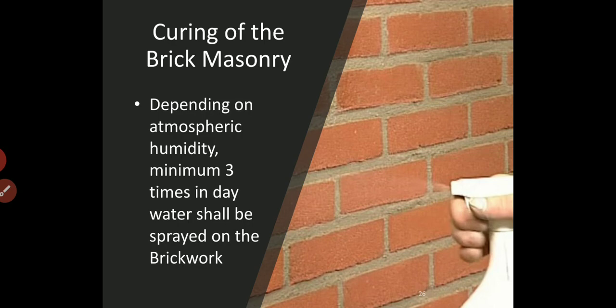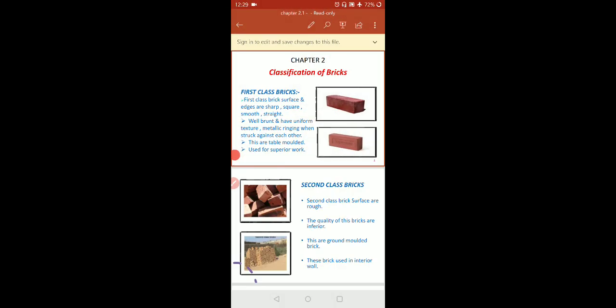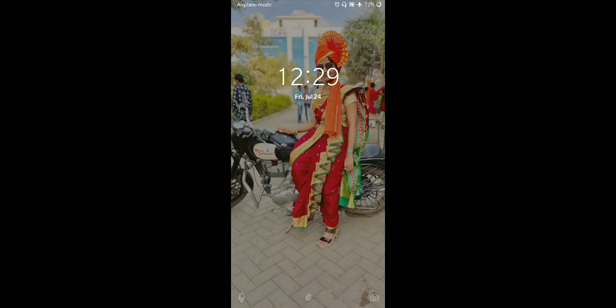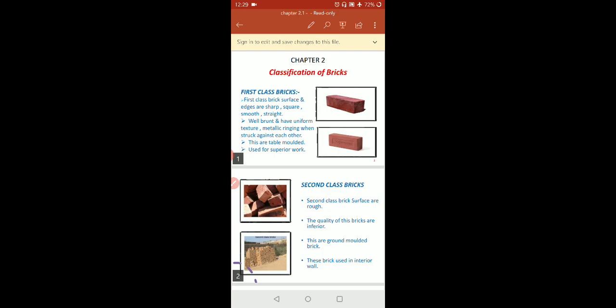Okay. So have you understood all these things? What is the supervision we have to do as a site engineer or a supervisor? In construction, what checklist tests do we have to do, or what do we have to observe at the construction site? Okay. So in the next lecture we will discuss what underpinning is, and what the latest formworks are that we use at a construction site. Okay.